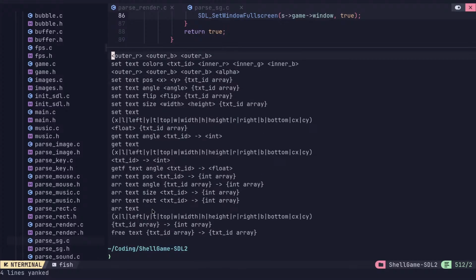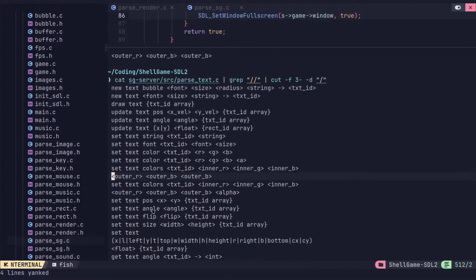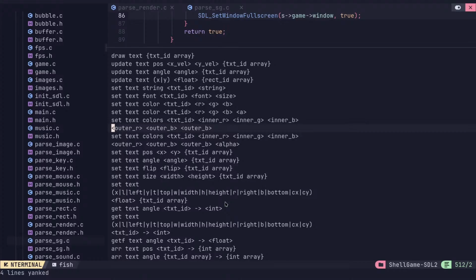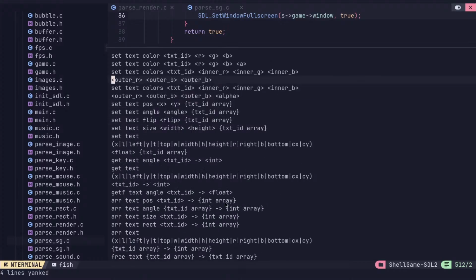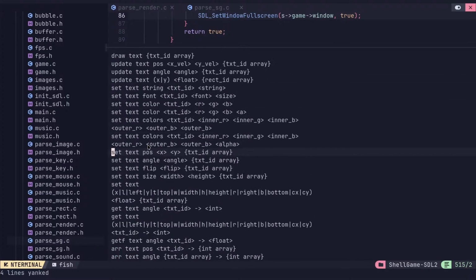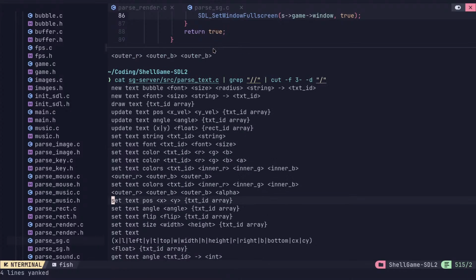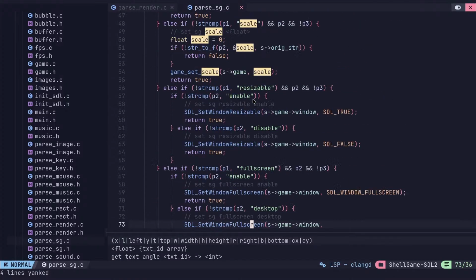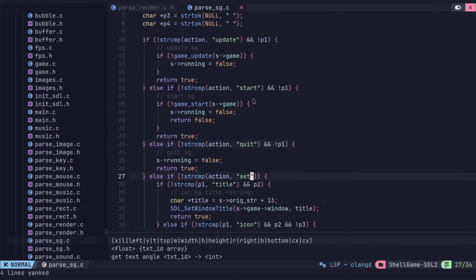Where's the enable, disable of the bubble thing? Maybe I didn't document it in the source. Yeah, I don't see it here. Okay, check it out. That's the worst. If I haven't put it in here, then it's harder to see too. So